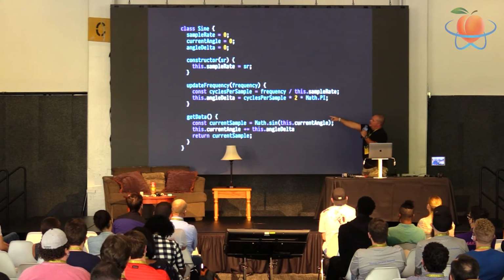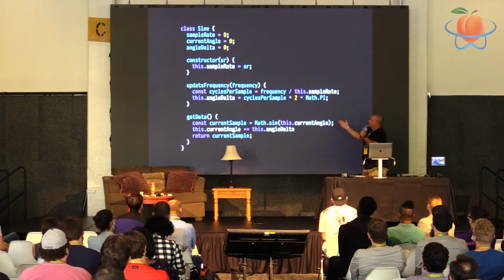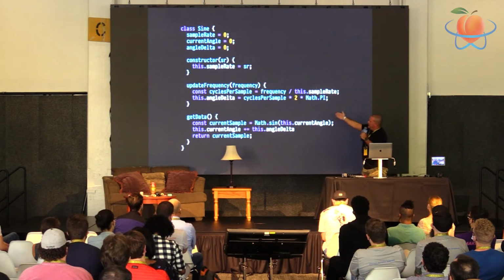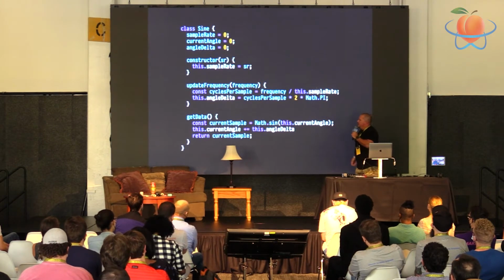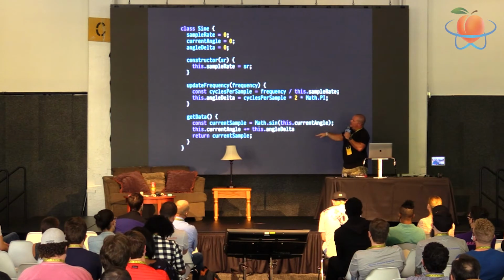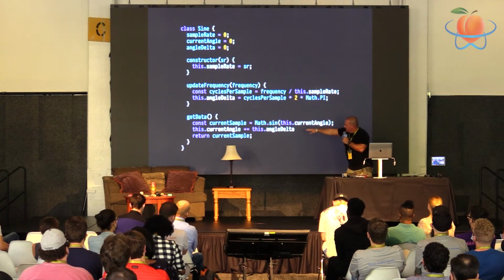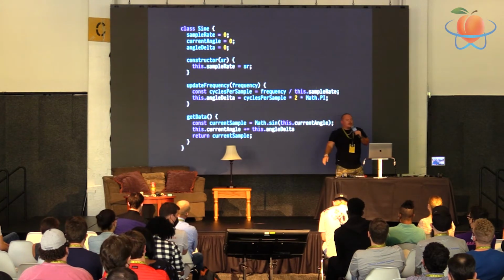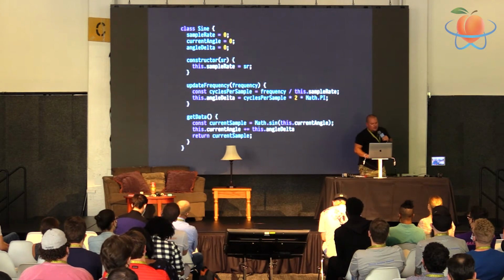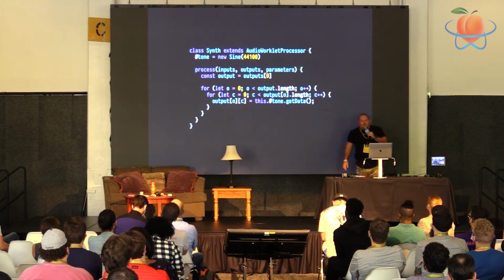When you update the frequency, you calculate the cycles per sample. You set your angle delta here, and it has to maintain a counter over time. So here you say your current sample is the sine of the current angle, increment it, and then you return that number. Right? Now, using this,